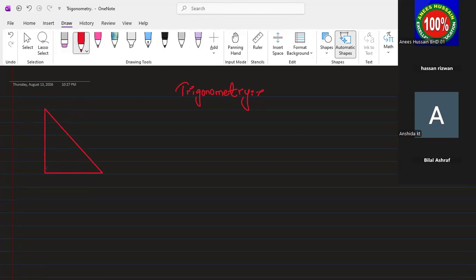So, if you have a right angle triangle, that means you have 90 degrees, and there is another angle which is known as theta. The side opposite to theta is known as your perpendicular or opposite. So yeah, it's either perpendicular or opposite. The side which is opposite to the right angle is your hypotenuse, and the last is the base. This is known as base or adjacent,